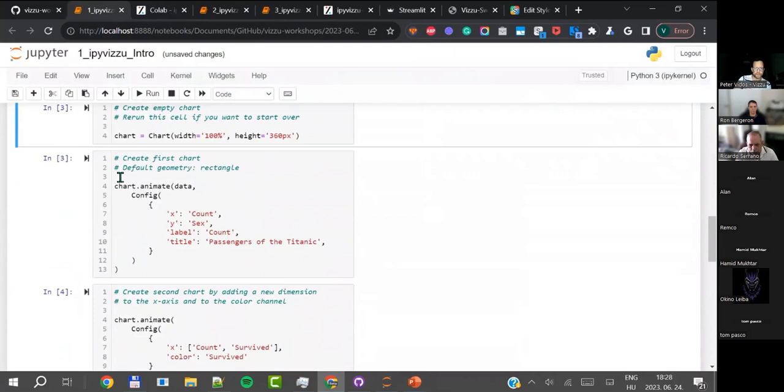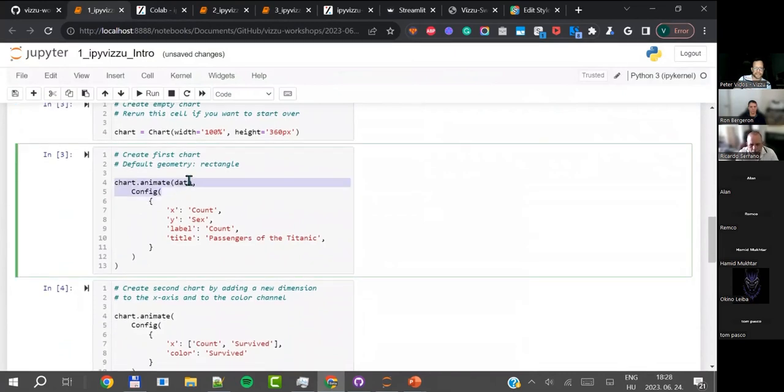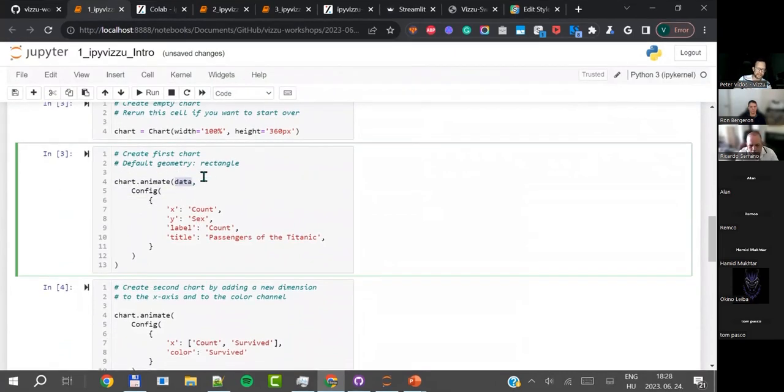The first chart we're going to build, we will add the data just by adding the data object that we created beforehand. In the configuration, we will add the count, this value that is 1 for every passenger, on the x-axis, and then the sex of the passengers on the y-axis. We are going to add the same number that's on the x-axis to the label, and then we just add a title to the chart.